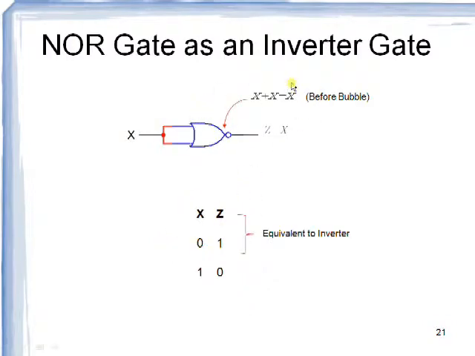Now this is how we implement an inverter gate with the help of a NOR gate. This NOR gate has two inputs, but they are tied together and given as one input, that is X. Therefore the output is Z equals X bar. This output expression as well as this truth table resembles exactly the NOT gate. So this is the symbol used for representing the NOT gate with the help of a NOR gate.